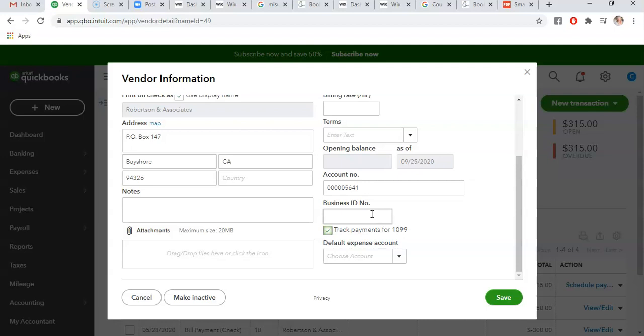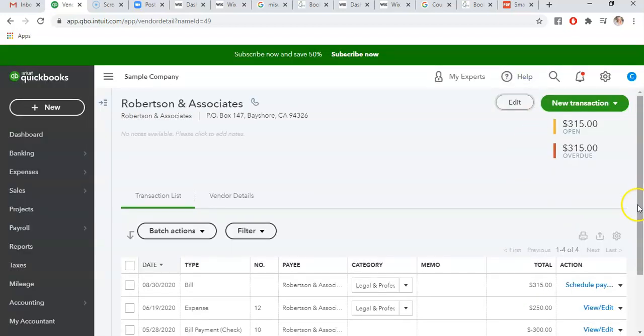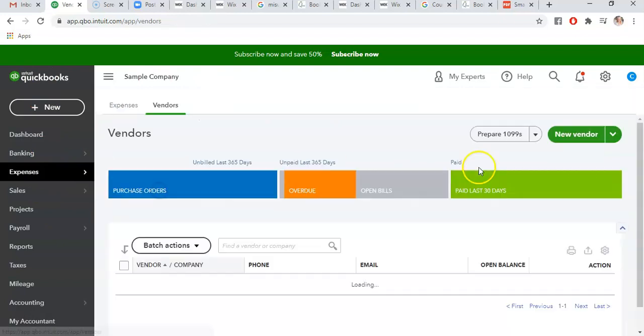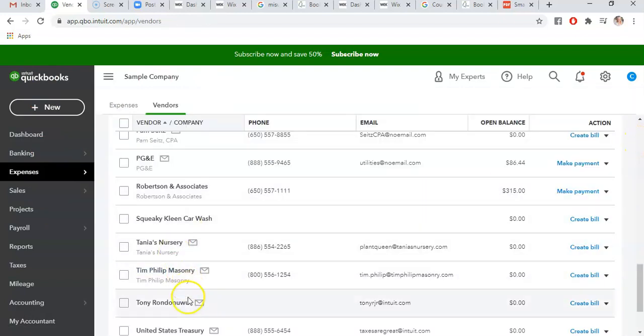So that is that. Then you would put their number here, and then you would save it, and then when it's time for the 1099s to be sent out by the end of January every year, you would be able to do that. And I would do that for each of your vendors. I would just go line by line and think, okay,